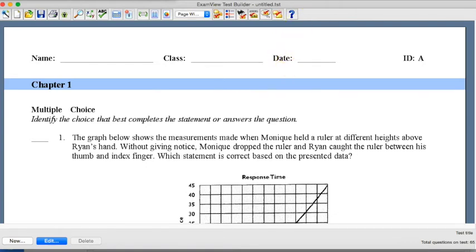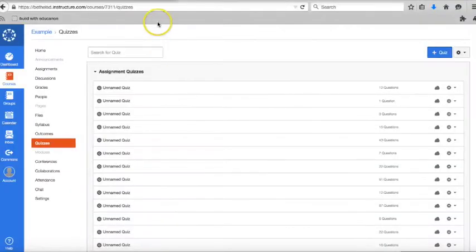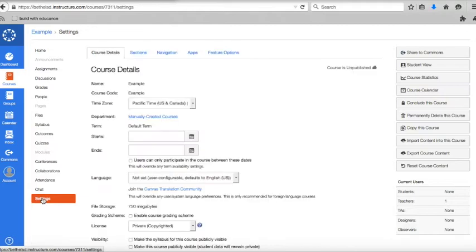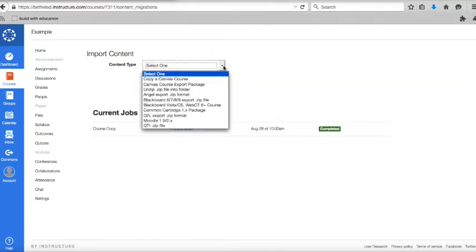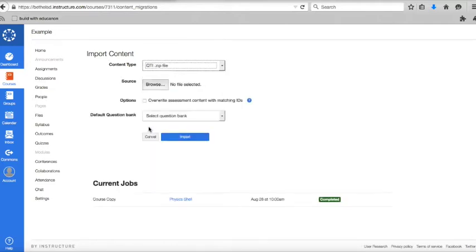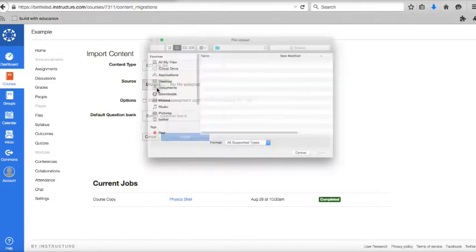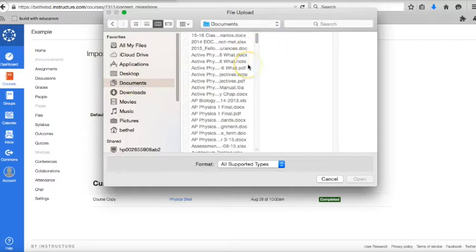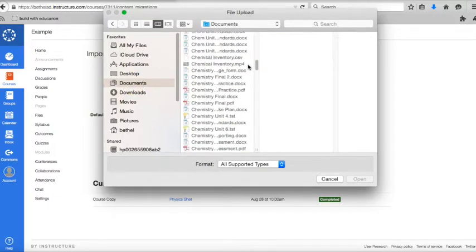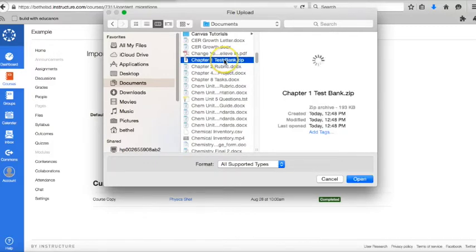So now that it's been exported, I can go back to Canvas, and just like how we imported or copied all of the content from one course to another, I can now import content into this course again, but the content type is a QTI zip file, and that's what the test bank is for questions. That was saved in my documents, and it was the Chapter 1 test bank. So I select the file that I just downloaded,